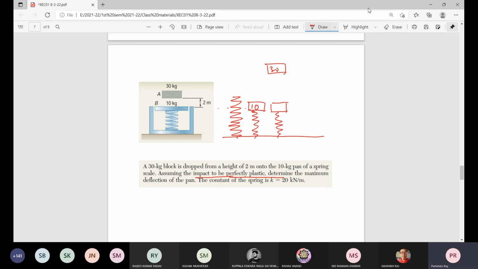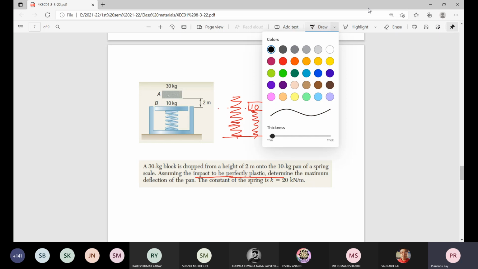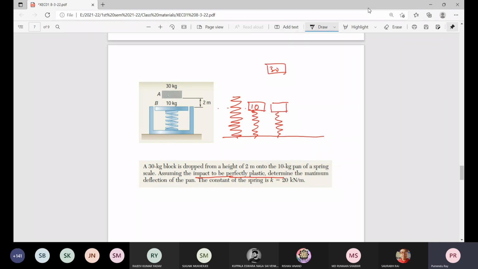Now we consider just before impact, just above this, this gap is almost zero. So when this 30 kg mass is coming down and reaches this upper level, just before touching the 10